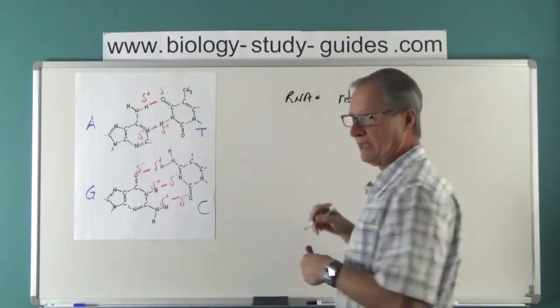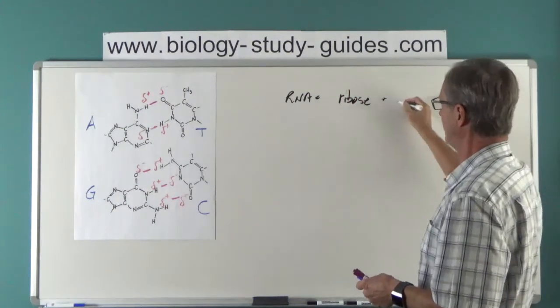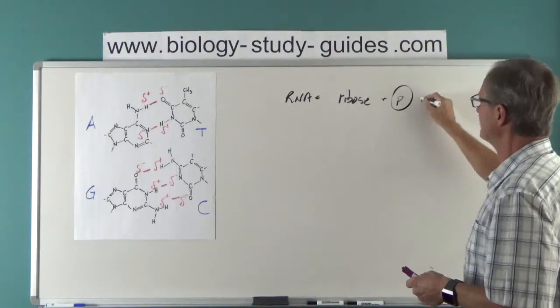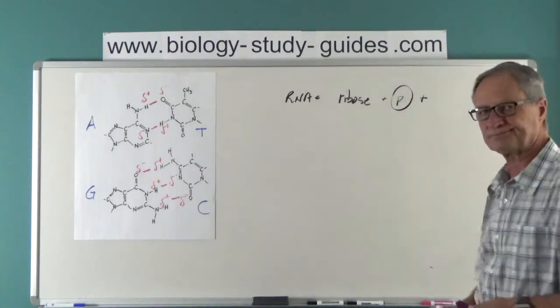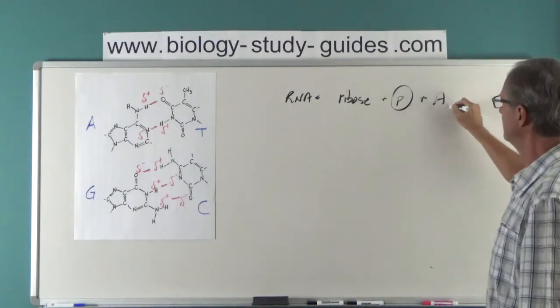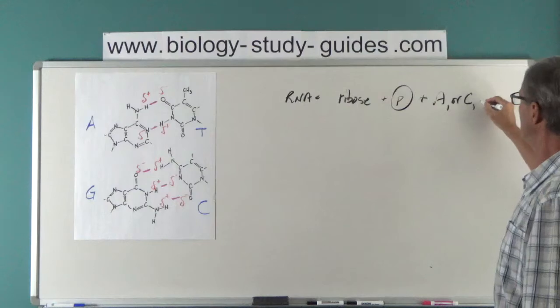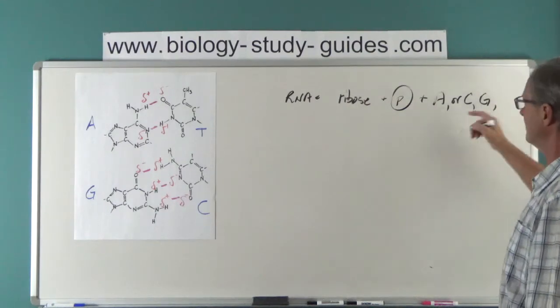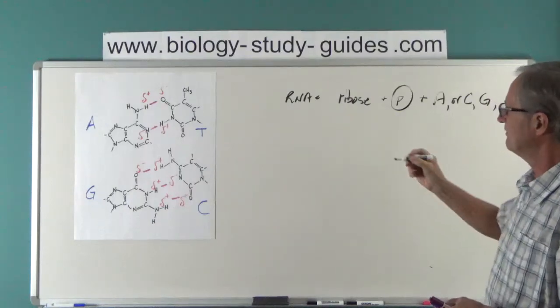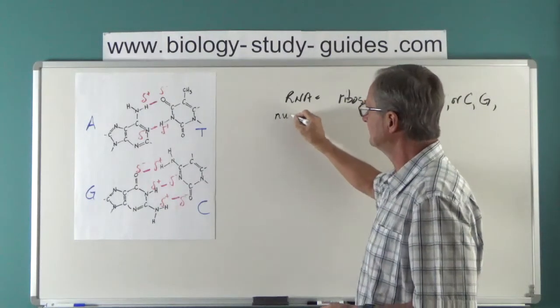Remember, the sugar has that oxygen, plus the phosphate, I'll just put P in a circle like that, plus 4 bases. Almost the same 4 bases, A or C or G, or it should be T if you think about it, but an RNA nucleotide, I should say,